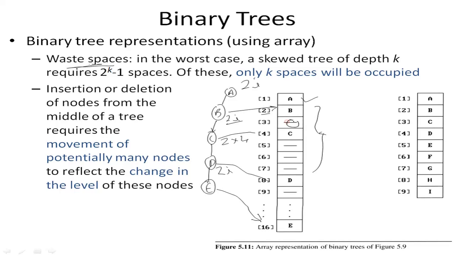You see here, this location is wasted, these three locations here are wasted, 9th to 15th location is wasted. So there is a lot of wastage of memory. This is one main disadvantage here. If I save binary trees in arrays, and if the tree is skewed, then there is a chance that memory will be wasted. Otherwise, if it is a complete binary tree, then the memory is completely utilized.